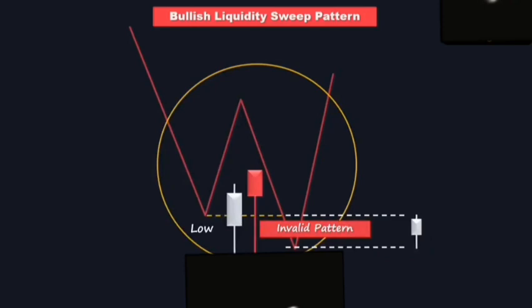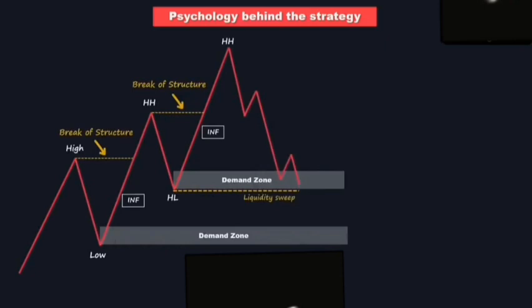Before we proceed to analyze real trading examples and see how we can apply the steps of this strategy in the real price chart, let's take a brief pause to understand the psychology behind this strategy. This will help us establish a solid understanding of how price movement occurs in the market. To illustrate this concept, let's suppose we have structures like this that simulate price movement. If we take a look at this structure, we can see that price initially experienced an upward movement and broke